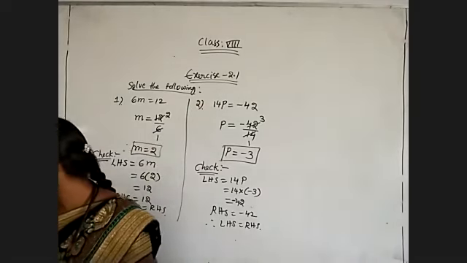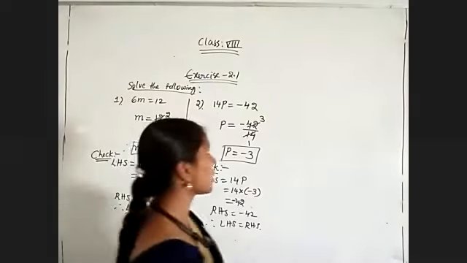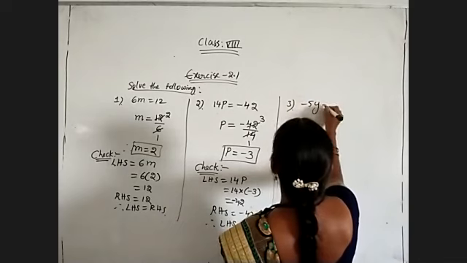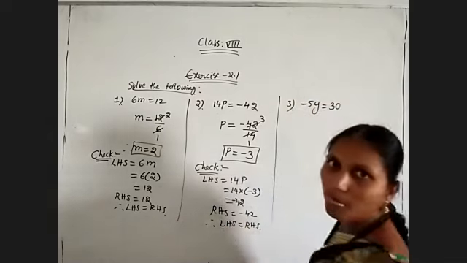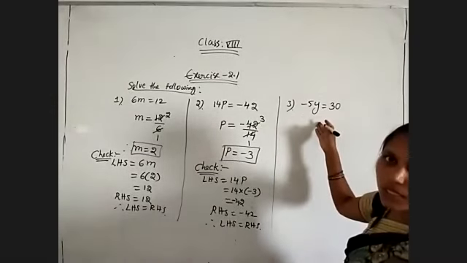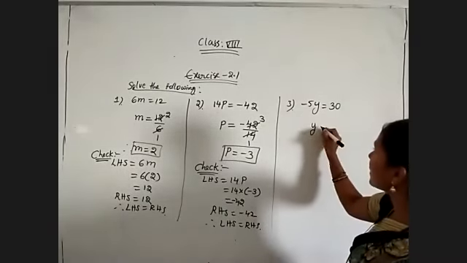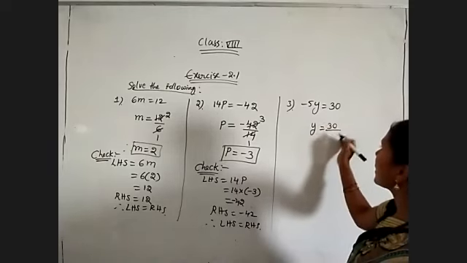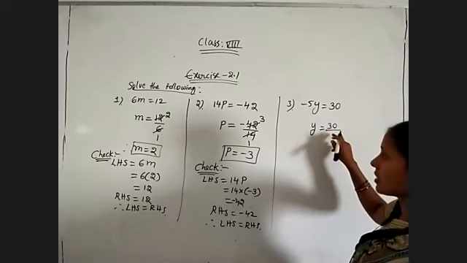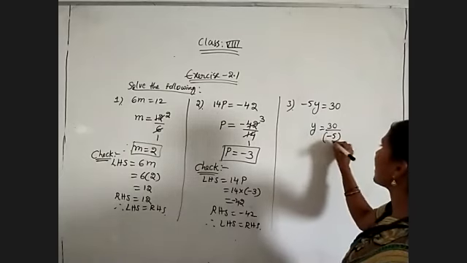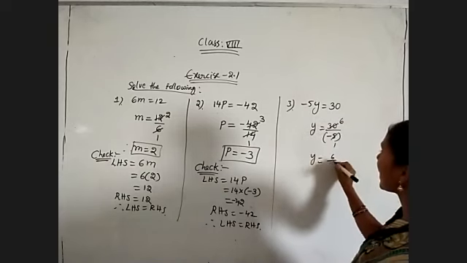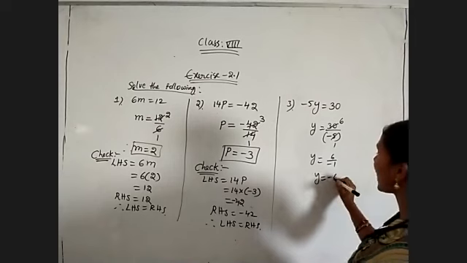Now coming to another type of question, minus 5y is equal to 30. Again the same type. So what is the variable here? y. Keep y here, and bring the remaining extra term to this side. Divided by, because here it is multiplication, while we are bringing it to this side, we are dividing by minus 5. 5 ones are 5, 6 are 30. So y is equal to 6 by minus 1. That is nothing but y is equal to minus 6.